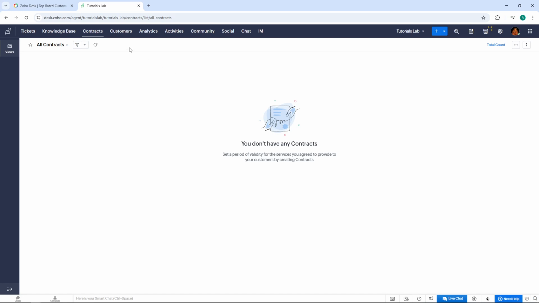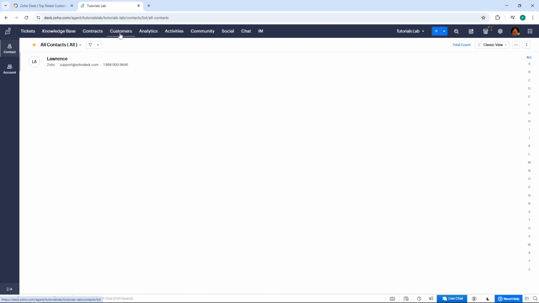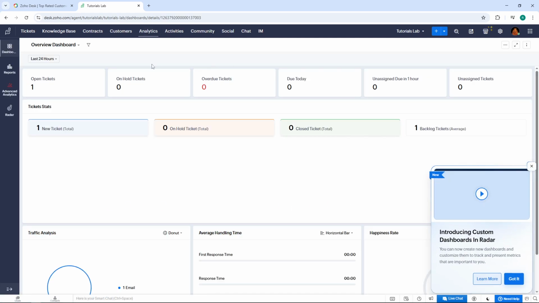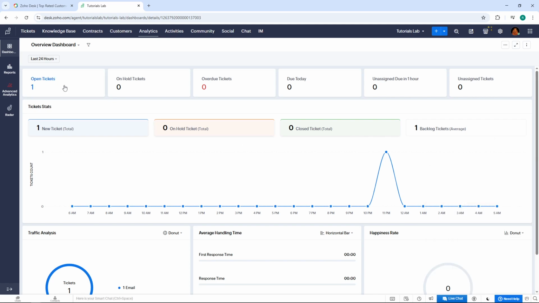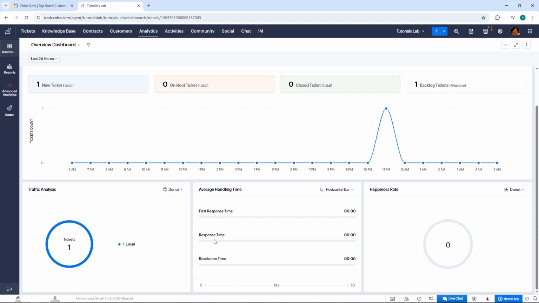Then, you have the Customers section, which is where all customer and contact information lives. This centralizes all the details about who you're supporting and their history with your team. The Analytics module provides insight into how your support team is performing. Here you can track metrics like response times, ticket volumes, and customer satisfaction scores to understand what's working and what